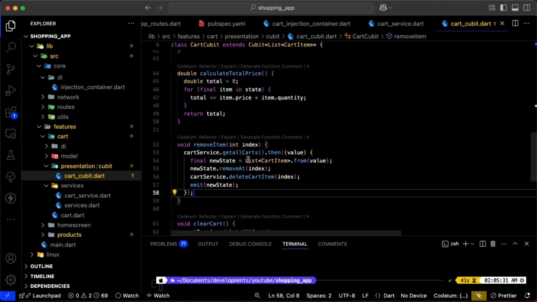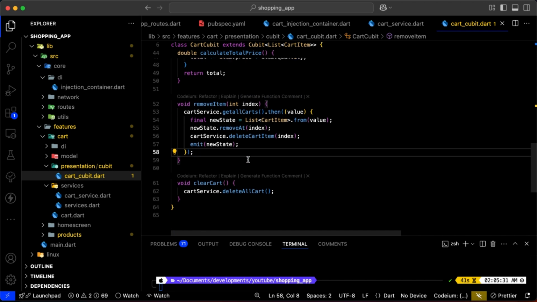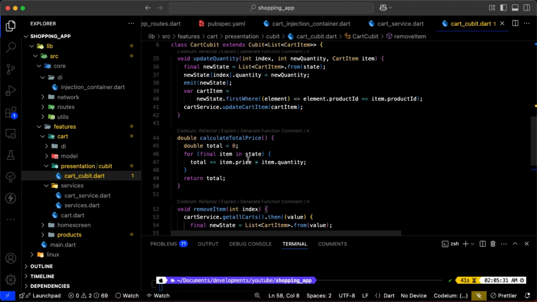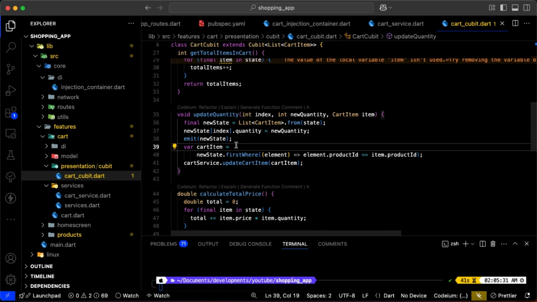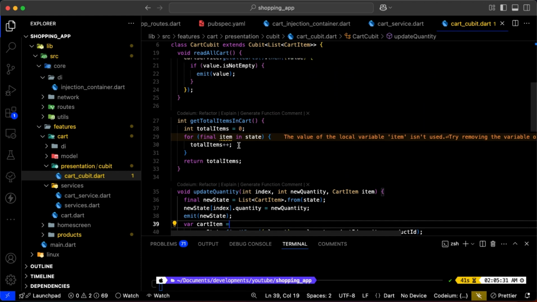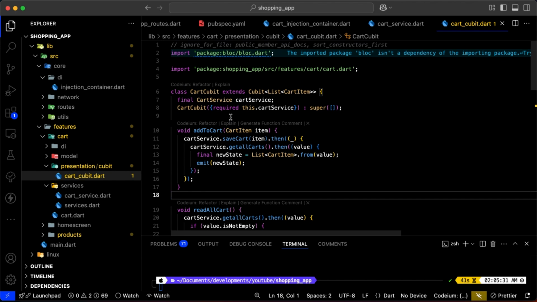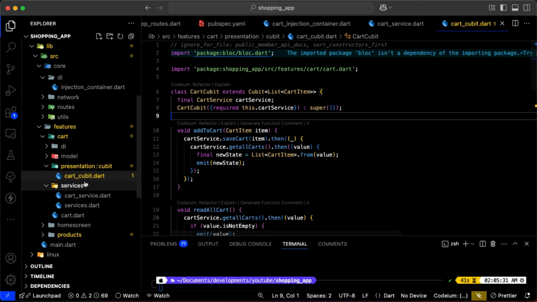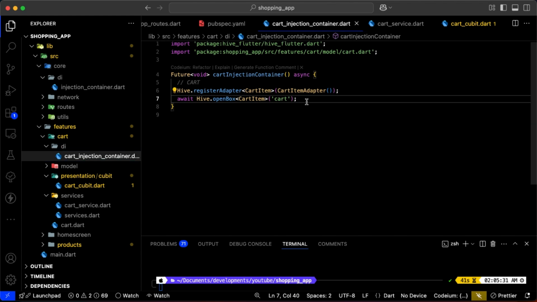With this we can define our UI, and we can see how we use these methods to interact, and to have a good implementation of the cart. Now the only thing we need to do is go to the cart injection and register